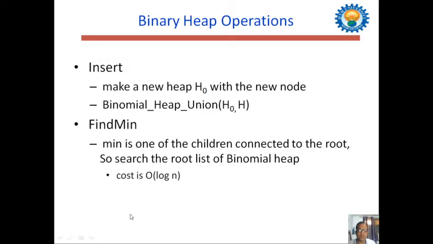So root list is simply a linked list. We apply linear search in that linked list. There are log n binomial trees in a binomial heap. So cost of finding the minimum key will be big O of log n.